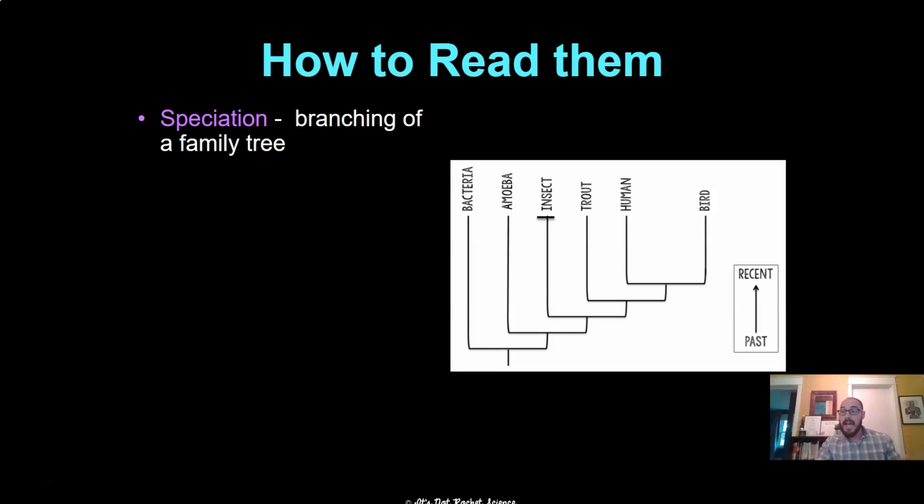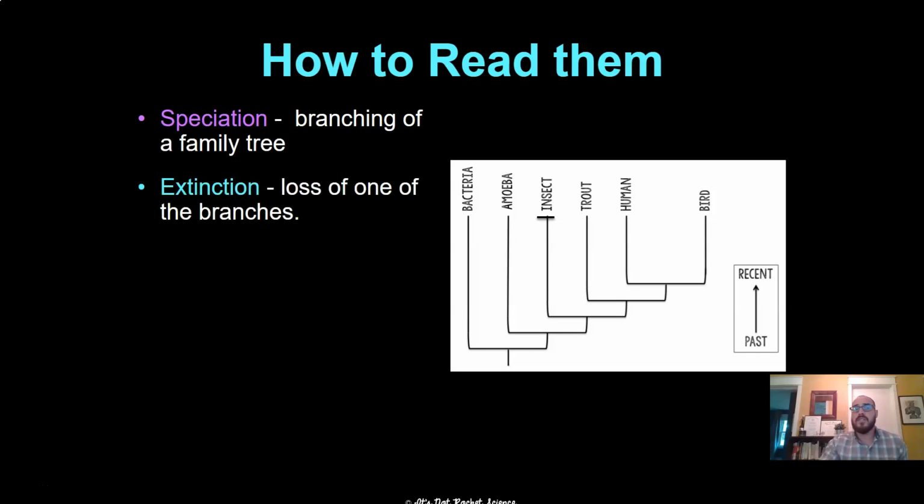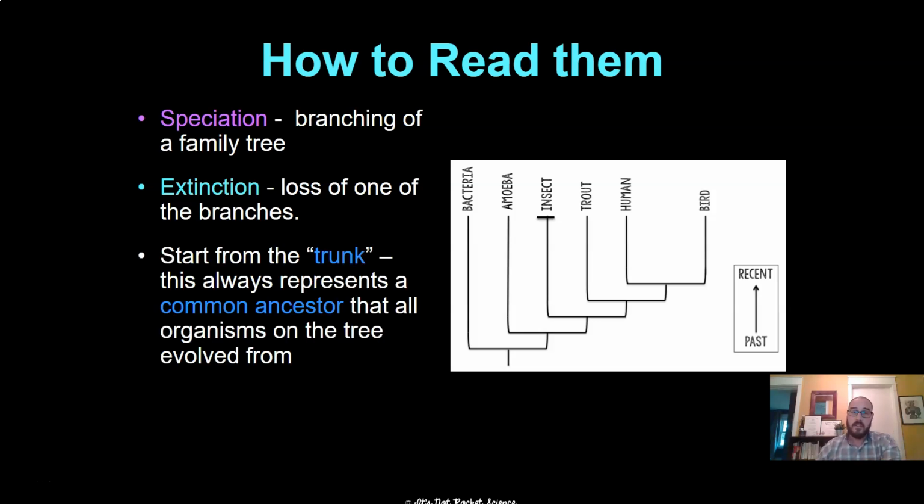That's when you're going to have new species arising from a common ancestor. That could be due to all kinds of things: genetic drift, gene flow possibly, just general natural selection, whatever's causing that speciation event, behavioral changes, etc. All right. You can also have things showing you extinctions on a phylogenetic tree.